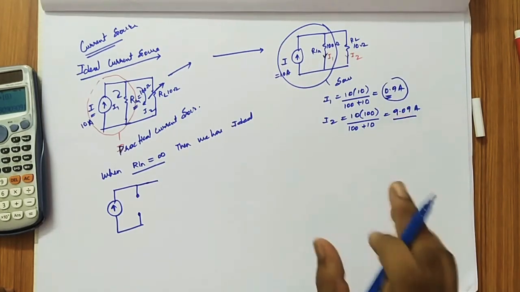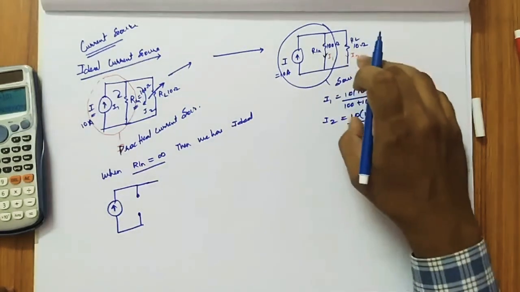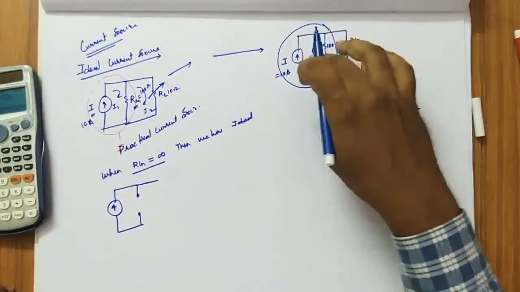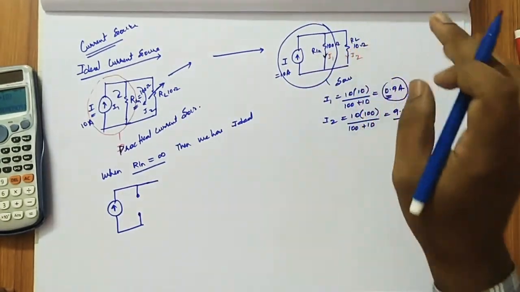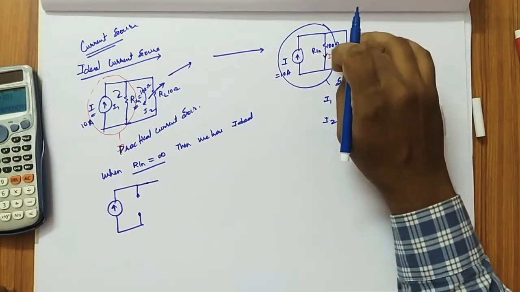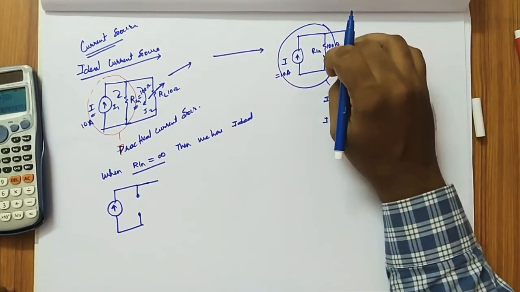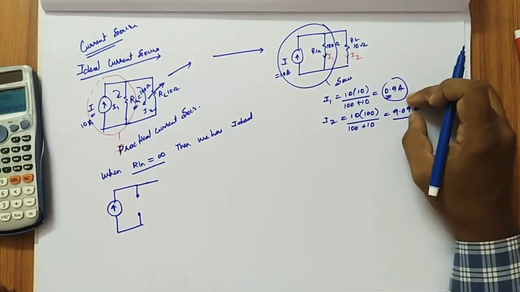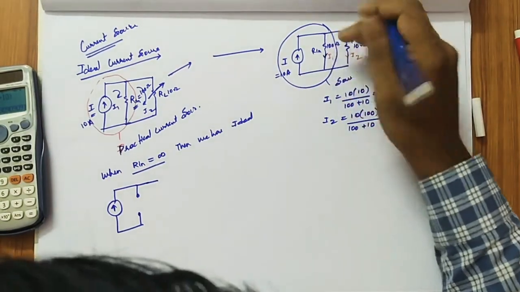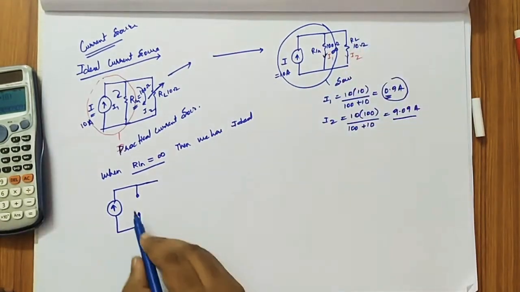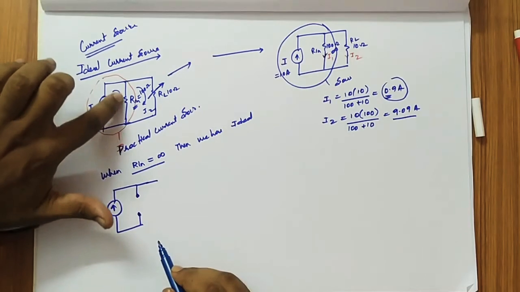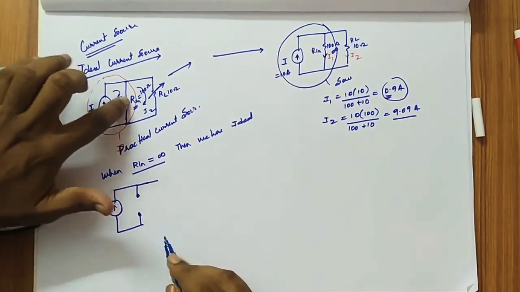That is the failure of the system. So the system should be a success. To get that success, the internal resistance should be high compared to the load resistance, very much high. If this internal resistance is 100 ohm, you are getting 0.09 amps load. If this internal resistance is infinite, that means there is no flow of current here. If there is no flow of current here, what happens?